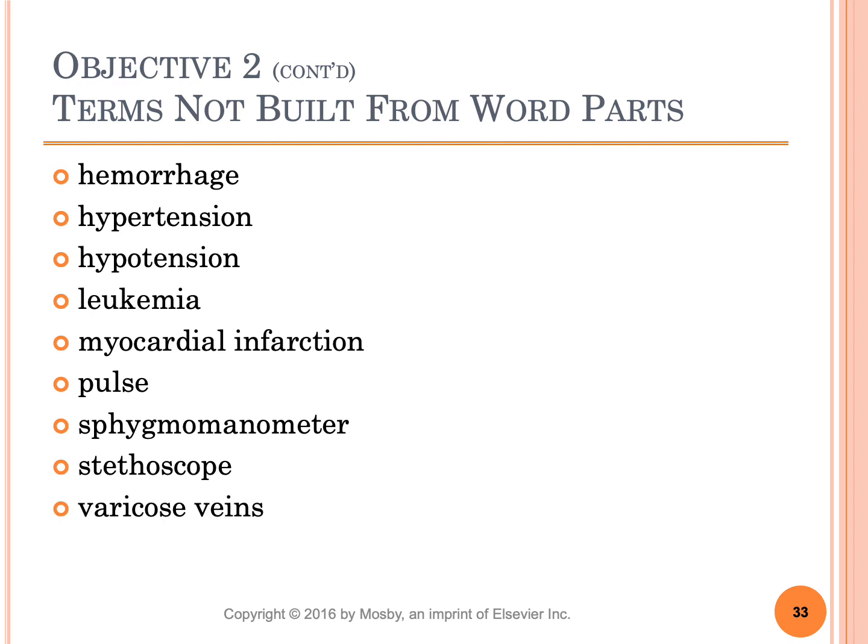And then varicose veins. Varicose veins are what we refer to as tortuous veins. And these are typically found in the lower extremities, but we have to have a little understanding of the anatomy of a vein to really understand varicose veins, because veins are different from arteries in that they have valves. And the reason that they have valves is because of the way that they function, moving blood back to the